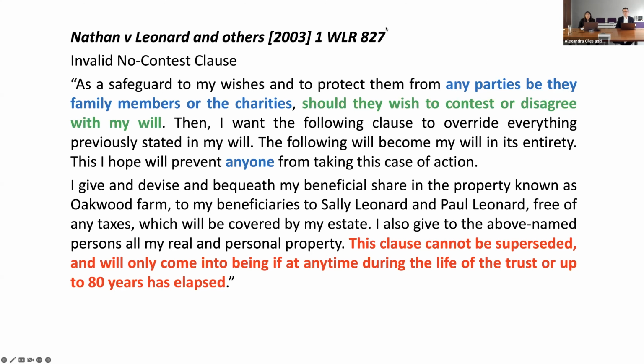But the judge, again, did not agree with Mind's submissions, and he said that it was clear, again, from the whole of the codicil that Diana's intention was for the forfeiture not to occur if a family member or charity simply disagreed with the gifts without saying or doing anything about it. And he further explained her objective was to deter anyone from taking steps to alter the disposition she had made. Construed in that light, the words wish to add nothing to the words contest or disagree.